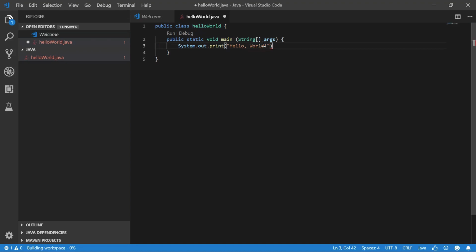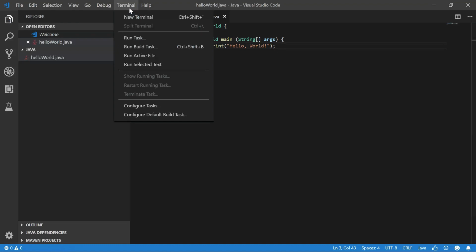So I'm going to explain this code to you right now. System.out tells the system that it's an output given to the console, and print means it will print whatever there is inside these round brackets. For us, it's going to be Hello World, and it's inside double quotes because it isn't a variable. We'll learn about that later. And the semicolon is a feature in most programming languages to tell the system that this is the end of the programming statement. So we're going to press Ctrl S to save the file,